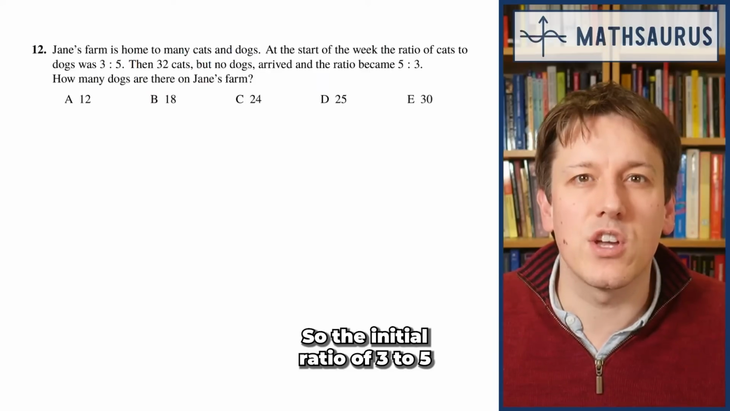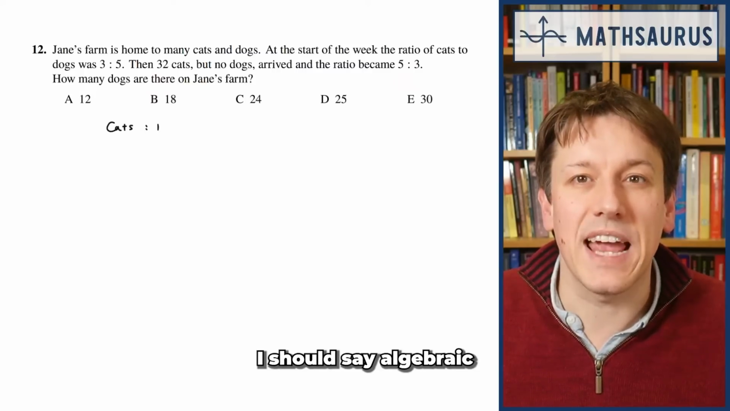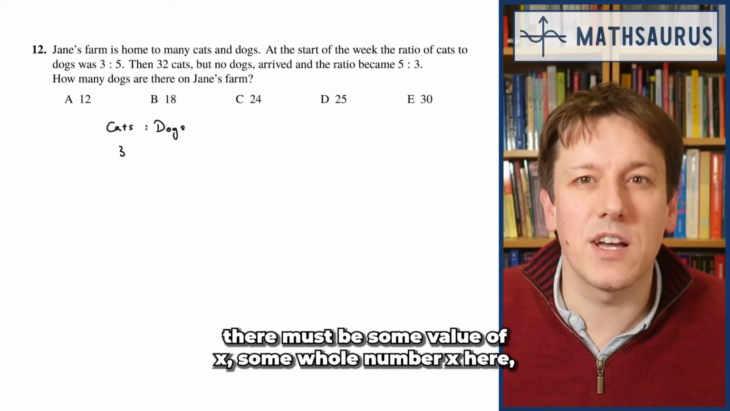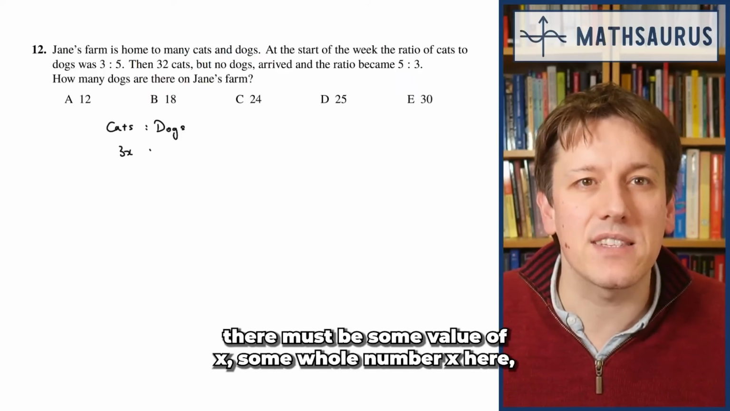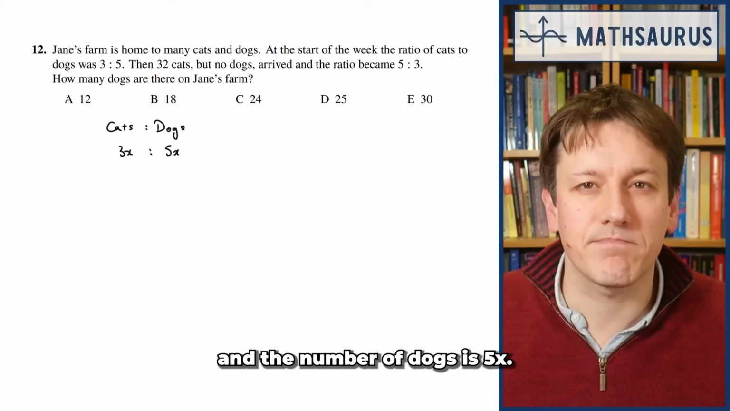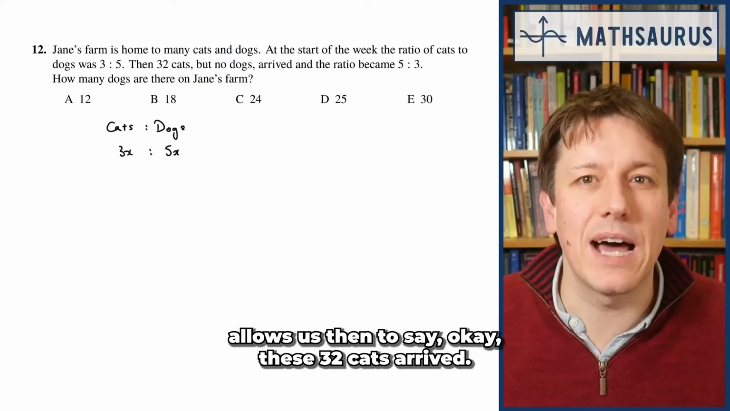So the initial ratio of 3 to 5 we can express as an actual numerical, or I should say algebraic, amount here by saying if the ratio of cats to dogs is 3 to 5, there must be some value of x, some whole number x here, where the number of cats is 3x and the number of dogs is 5x. So writing it as the actual number, or an expression for the actual number,